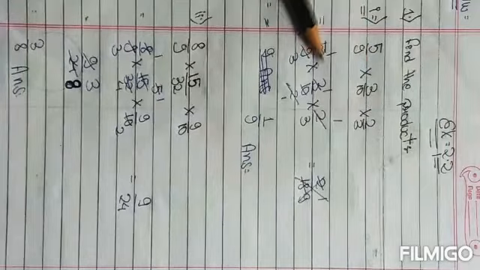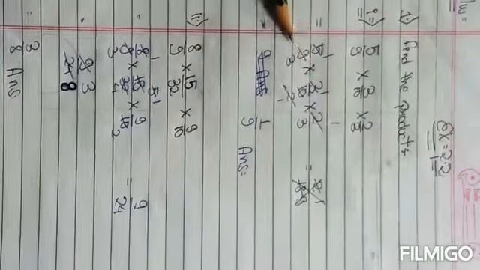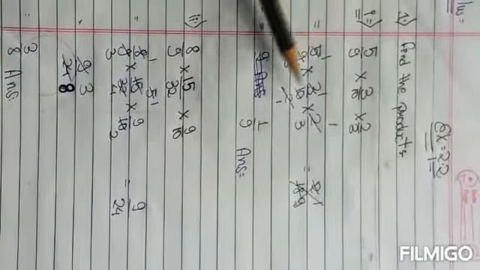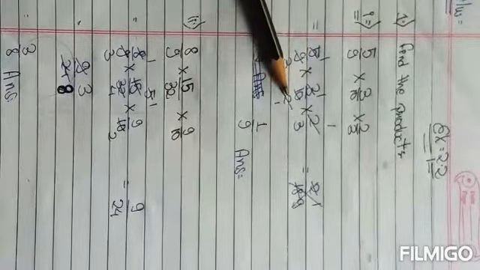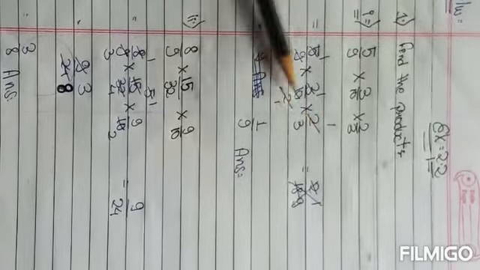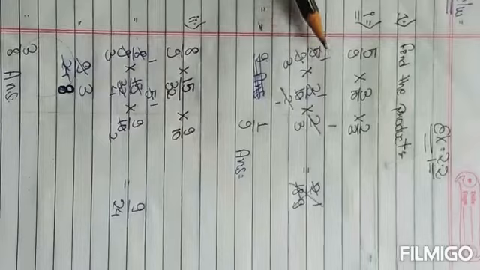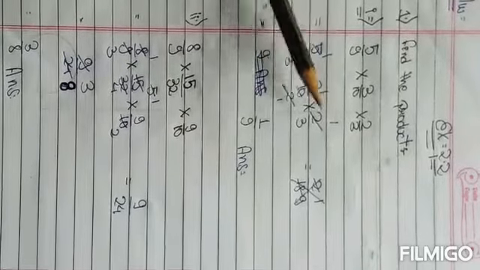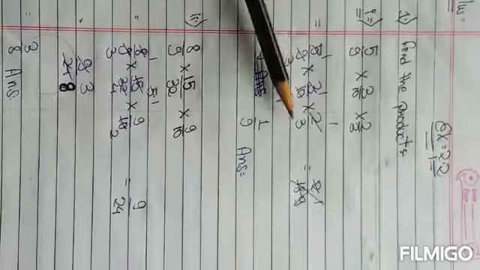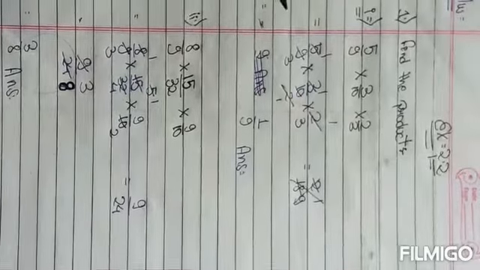So 3 1 is 3, 3 3 is 9. You have to write here 1, here you have to write 3. Then 5 1 is 5, 5 2 is 10. You have to write here 2. Then after this, 2 and 2 you have to reduce, then you will get 1 here. After that you have to multiply. All 1s you multiply, you will get 1. 3 into 3 you will get 9 as the answer.